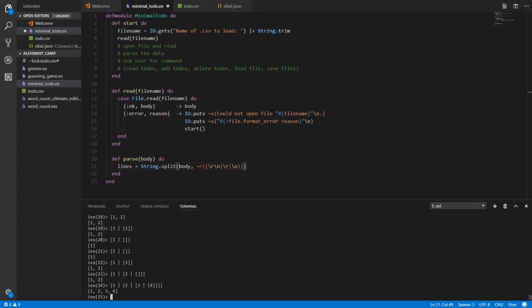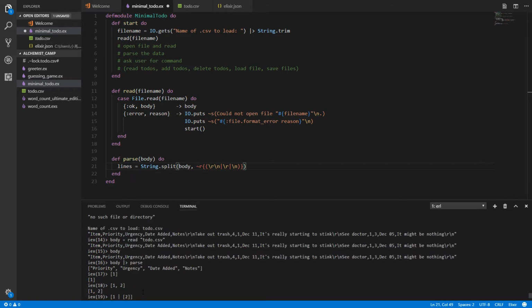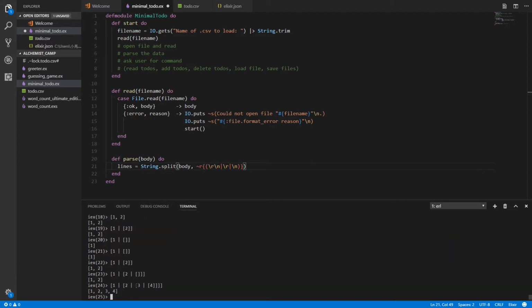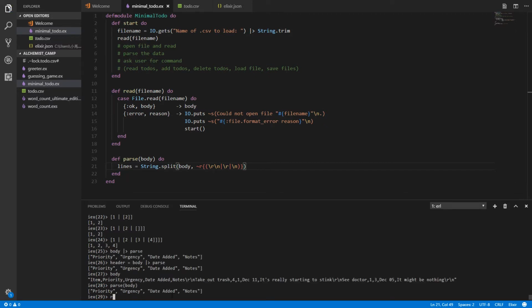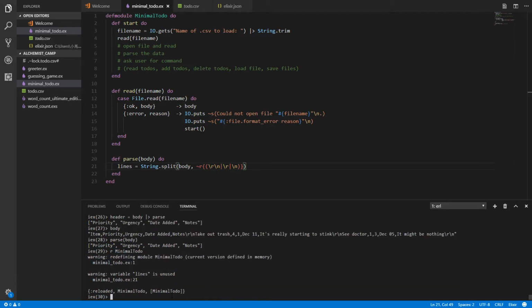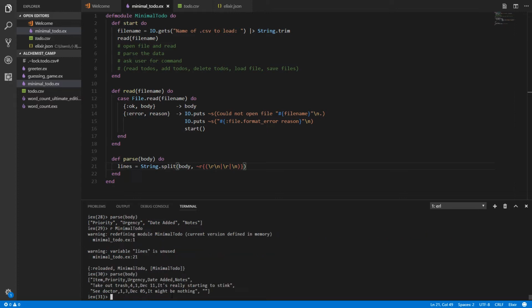Like so. So this is useful when you're pattern matching. So we have parsed body. Let me reload. Yeah, there we go. And now let's parse the body. Okay, so the lines equal the parsed body,